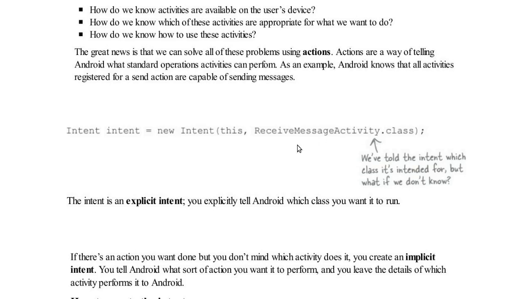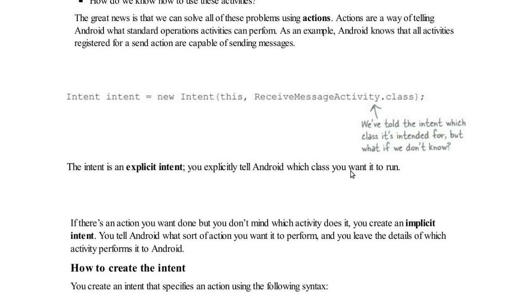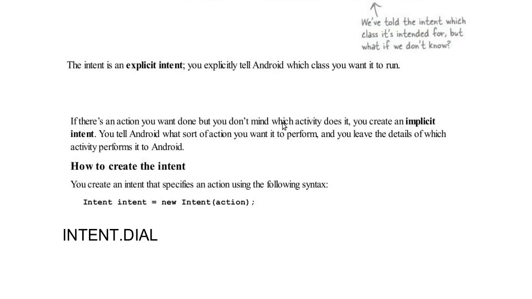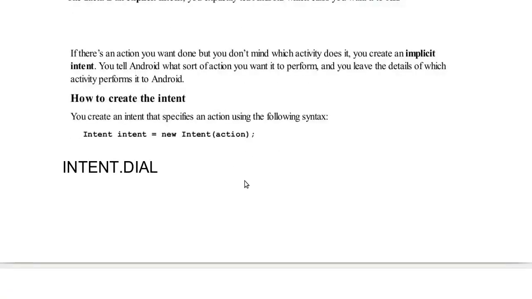So this is called the implicit intent. If we define it explicitly, this is called explicit intent, otherwise we call it implicit intent. That is the most important question. It is asked every time in the exam: what is the difference between the implicit intent and the explicit intent? You have to remember, whenever we define explicitly, that is called explicit intent, otherwise we call it implicit intent.